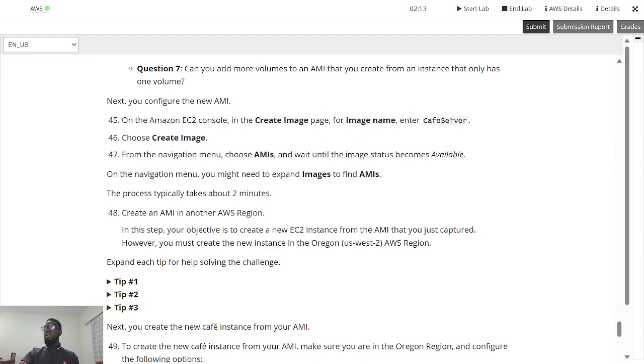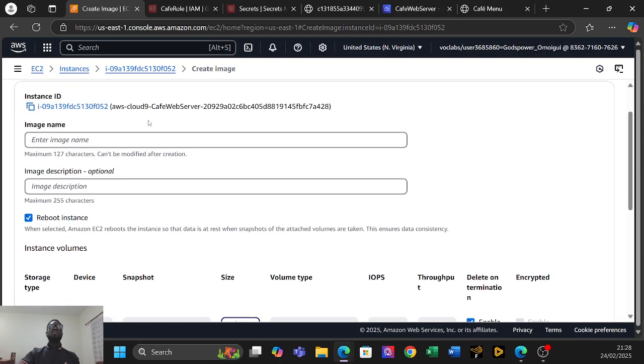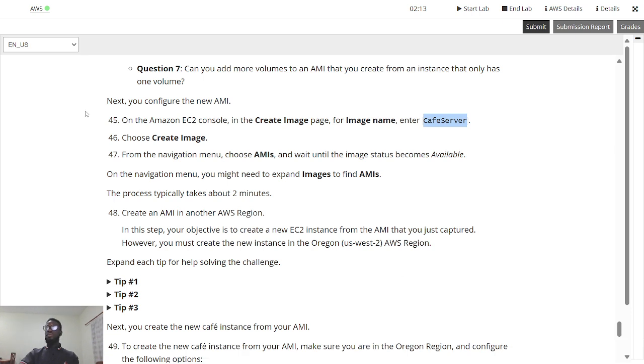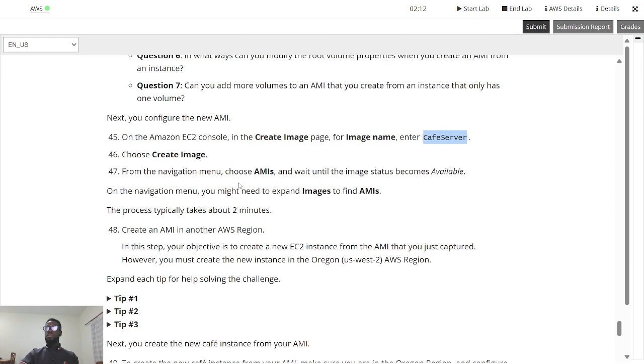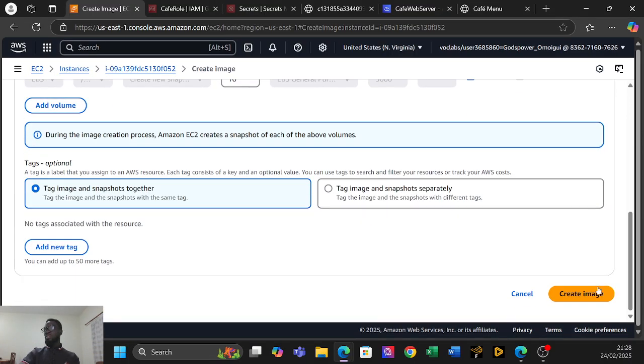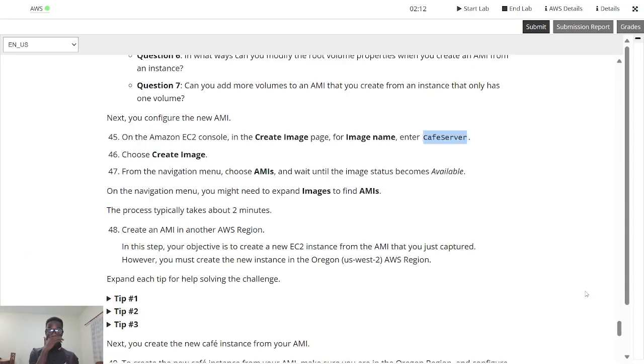Here is the name we are going to pick that they are giving us for the image. Paste it there. No description is given. All right, so nothing else, everything is left as default, and we create that image. So while that is in creation,